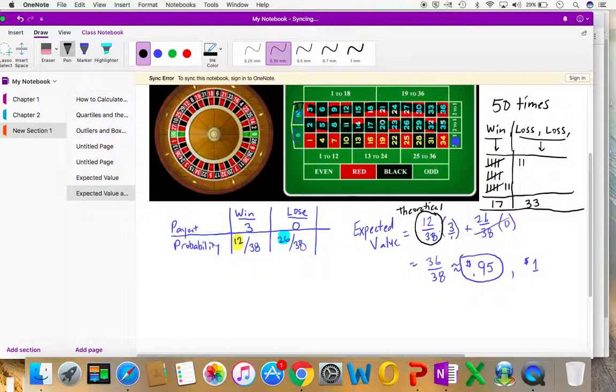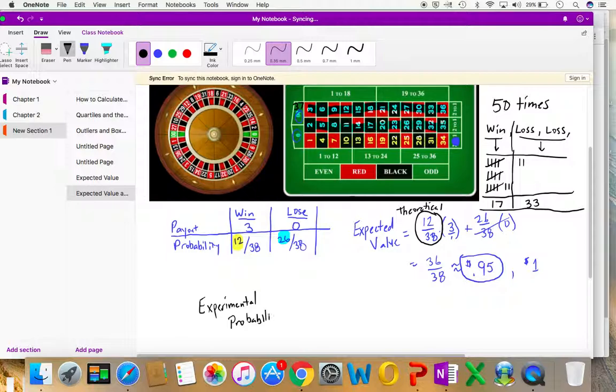Now, it does seem like it took a longer process. You're probably thinking, what is he talking about here? This took such a while. And it did, but when you think about it, did we have to really do any math? Not a lot. We just have to remember to figure out the likelihood that we're going to win. So our experimental probability, again, let's write this down here. Experimental probability